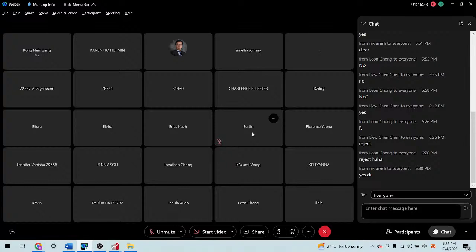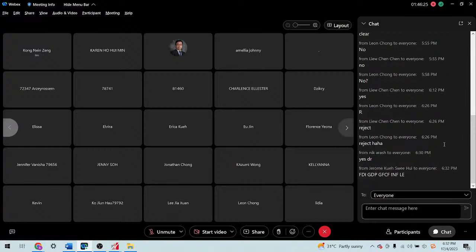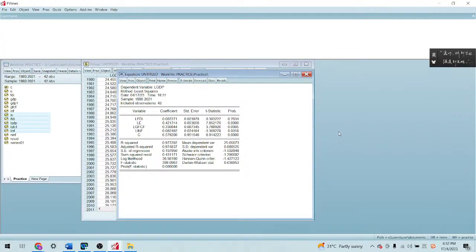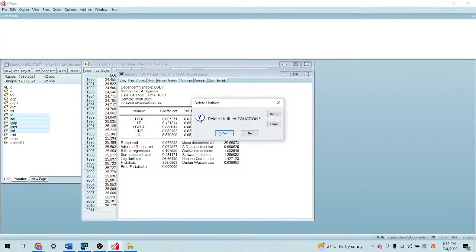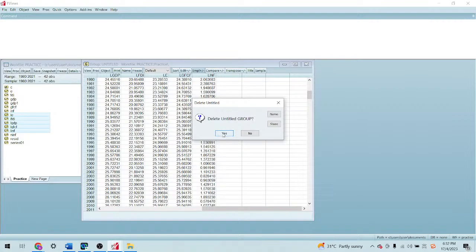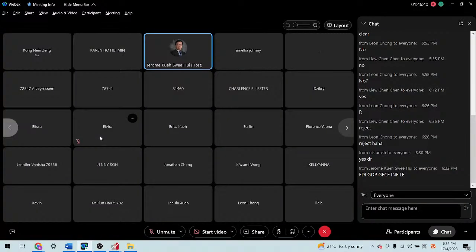So I would like to model like this: FDI as the dependent variable, and GDP, GFCF, INF, and LE as the independent variables. So the model specification will look like this.